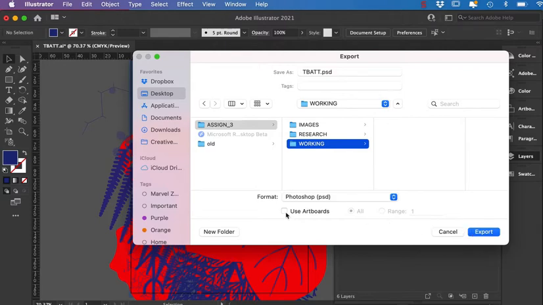Now there's an option here that says use artboards. If I want it to crop down to the size of the page, I need to switch that on. Otherwise I'll get all these bits that are outside. So now I'll go export,